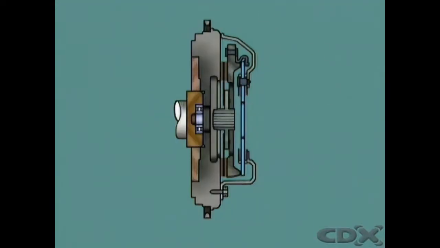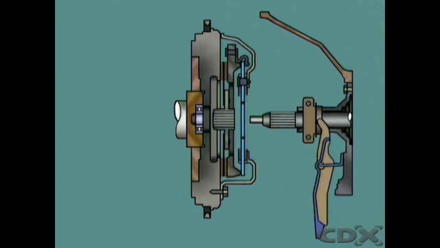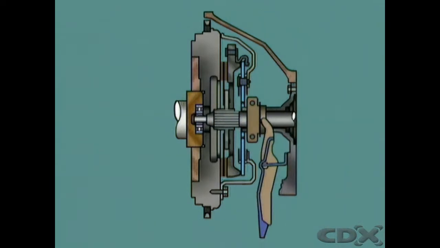The transmission input shaft passes through the center of the pressure plate. Its parallel splines engage with the internal splines of the central hub on the friction disc. With engine rotation, torque can now be transmitted from the flywheel through the friction disc to the central hub and to the transmission. When the clutch pedal is depressed,